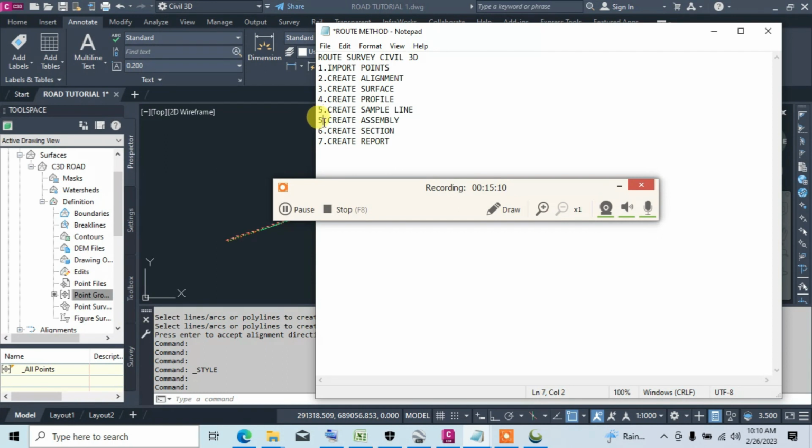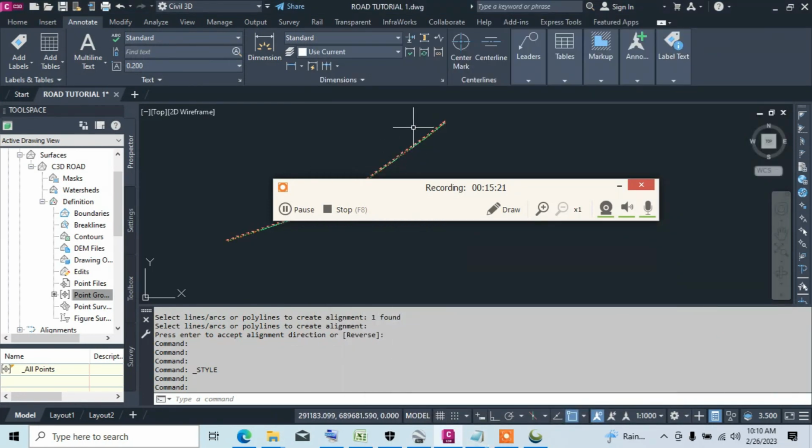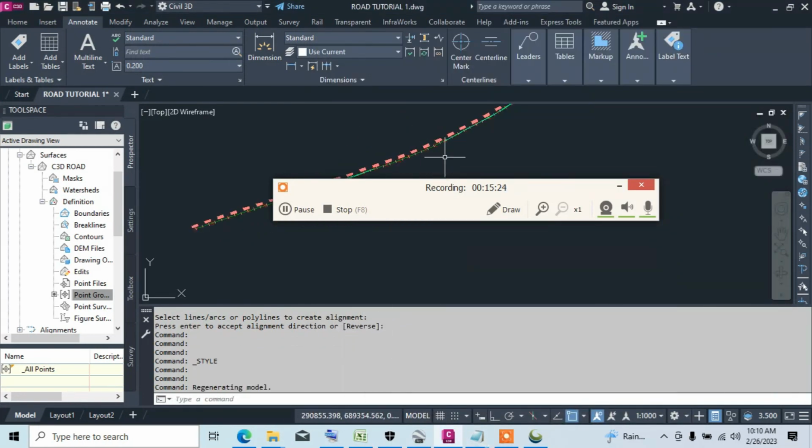Before creating the sample line, creating the assembly, creating the section, and creating the report. So now we are creating the profile. To create the profile,